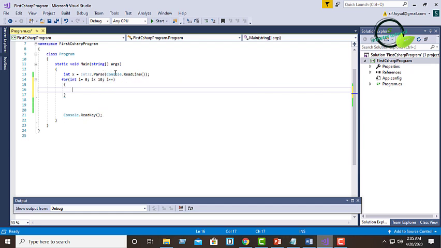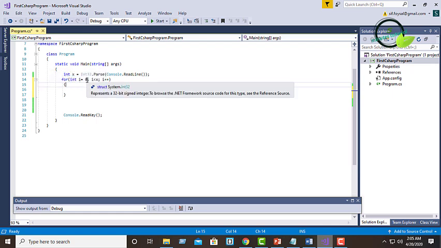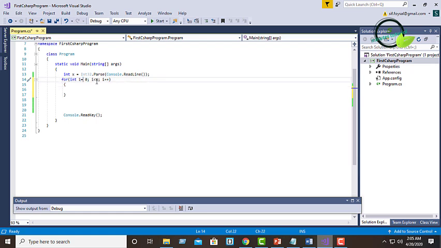So I am initializing the starting point 0, then comparing I's value with x, and if I's value is less than x, then it will execute the program, and after executing the program it will increment I's value by 1.